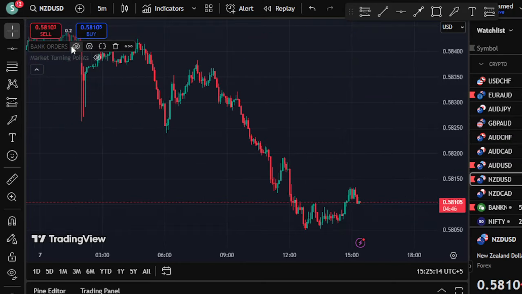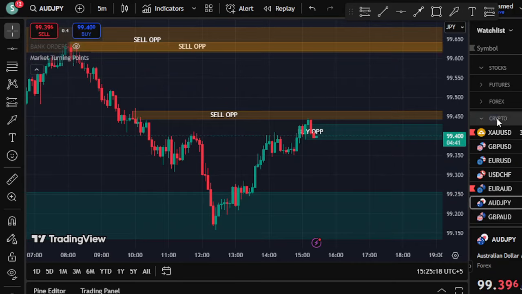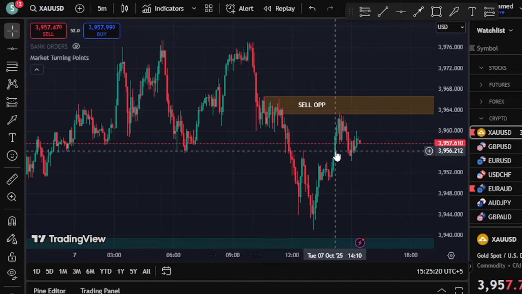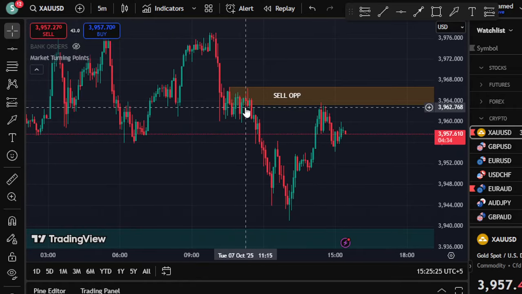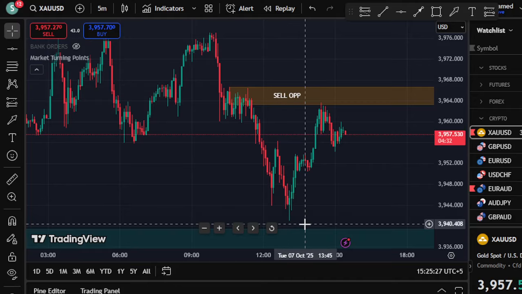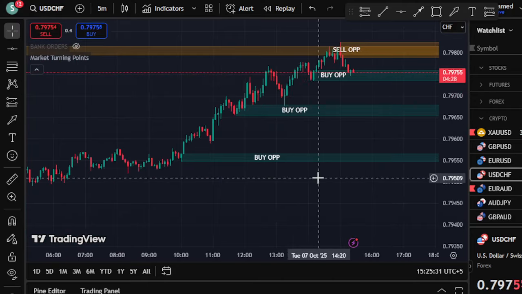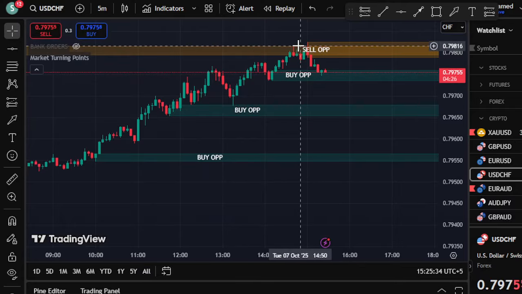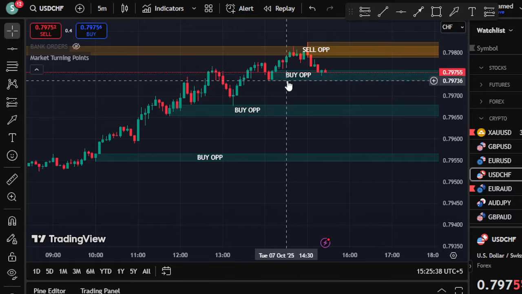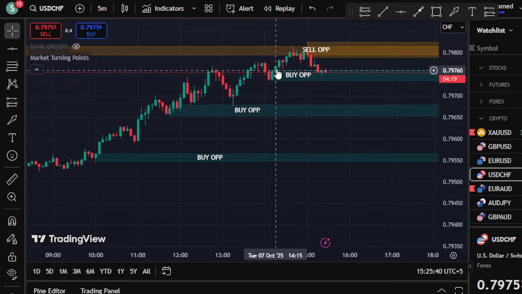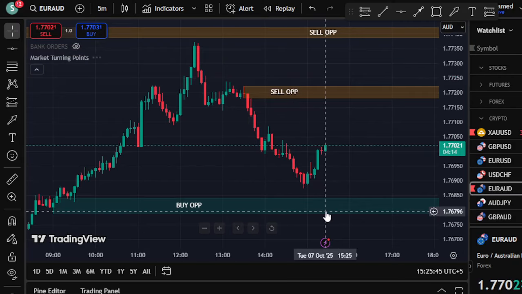So this is about the Bank Indicator. The second indicator is called the Market Turning Points, which works in real time. It shows the real-time buy and sell signals in the form of levels. So this was the sell opportunity on gold, and you can see gold was down, and this was the buy opportunity, and you can see gold is up. I can show you more. For example, this was the buy opportunity, price went up, and the sell opportunity, price is going down. Now it has nothing to do with that buy level because this buy level is representing this area, not this one. Okay, so this indicator works in a different way.